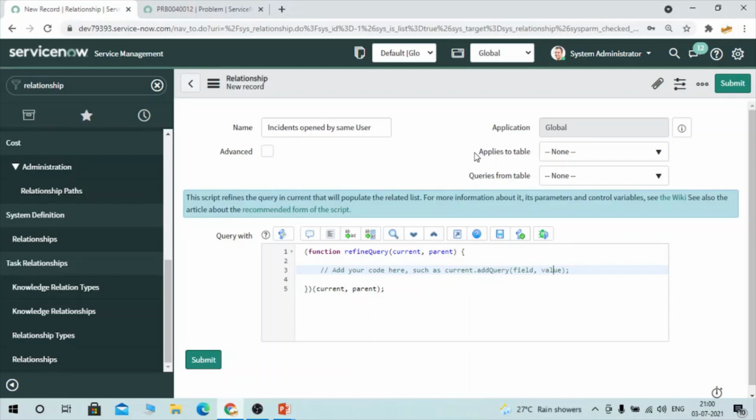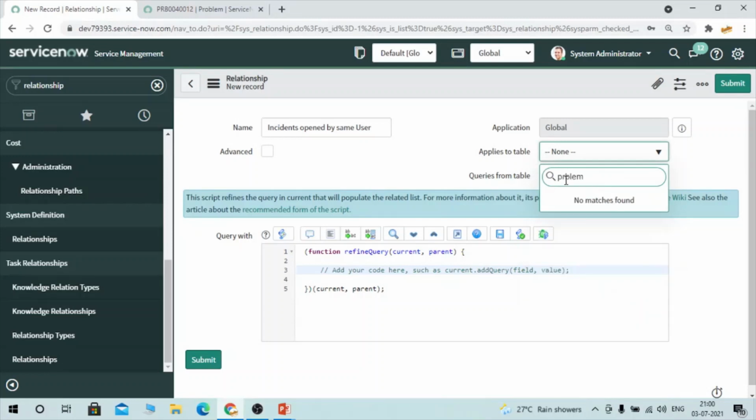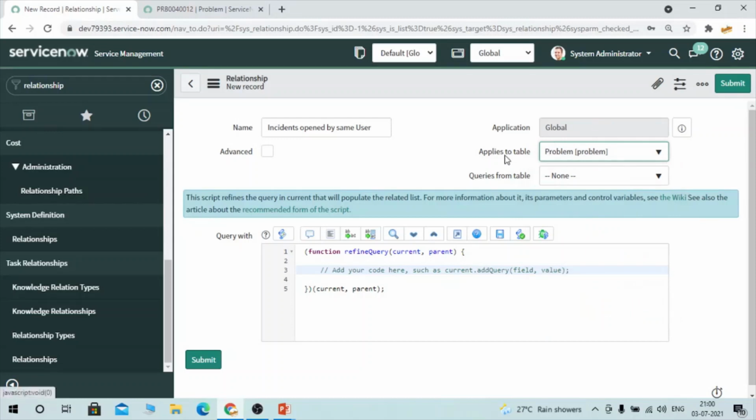First we'll understand what is applies to. Applies to is the table on which you want to apply this related list, and you can select that. We want this related list to be applied on the problem table, so I'll select problem here. Problem table has been selected, and here is queries from table.